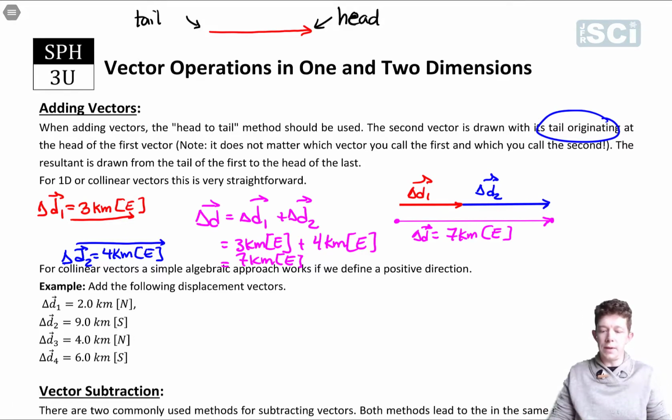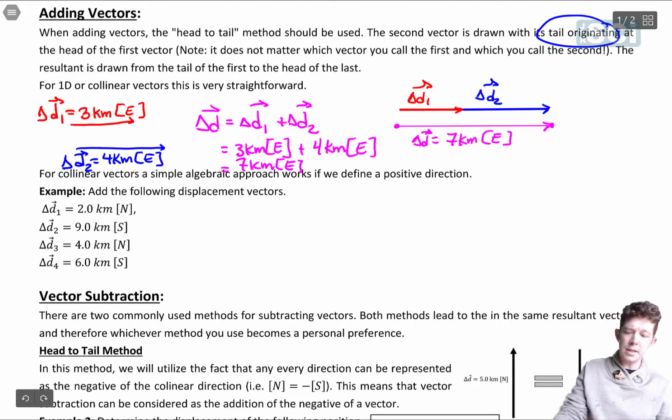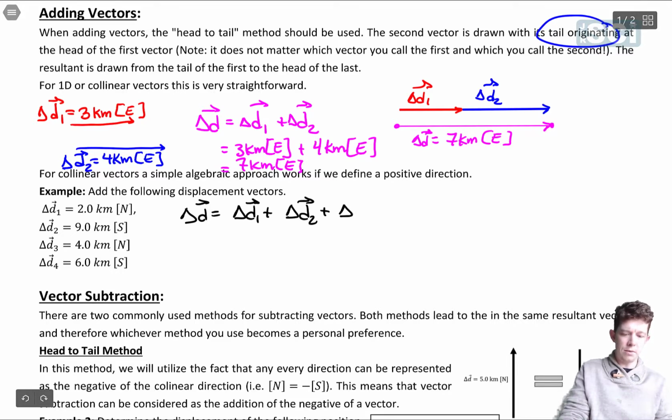Now, what will I do if I have a series of them? And so I've come up with a little example here with 4 different displacement vectors. And I want to just show you a strategy that we're going to use so that we don't have to actually draw them every single time. Okay, so I'm going to say, what is my total displacement? My total displacement will actually be delta D1 plus delta D2, and then plus delta D3 plus delta D4. Okay, and if I add these all together, I get 2 kilometers